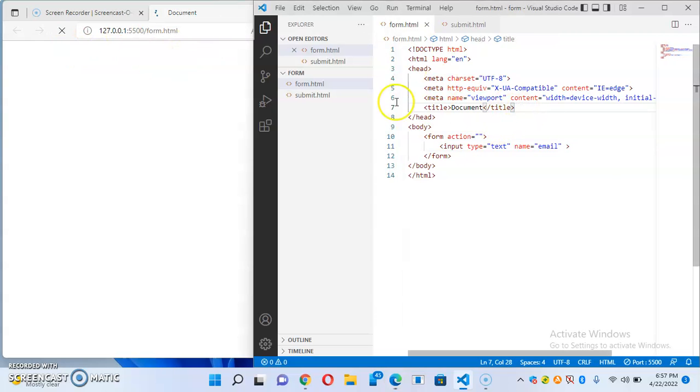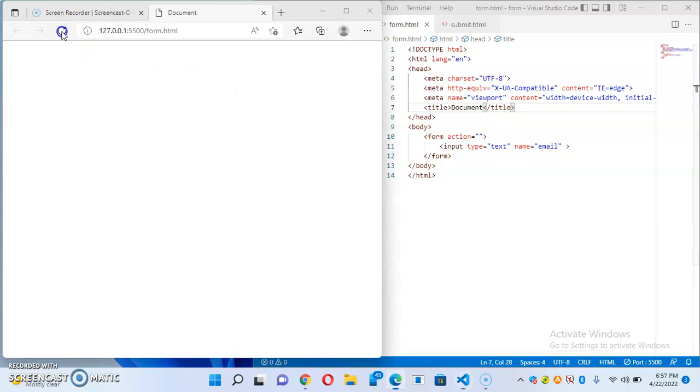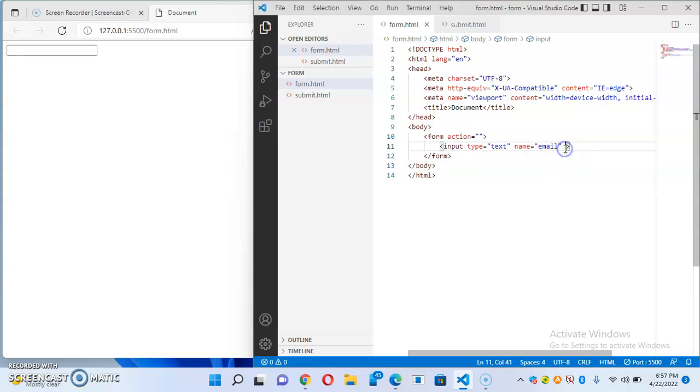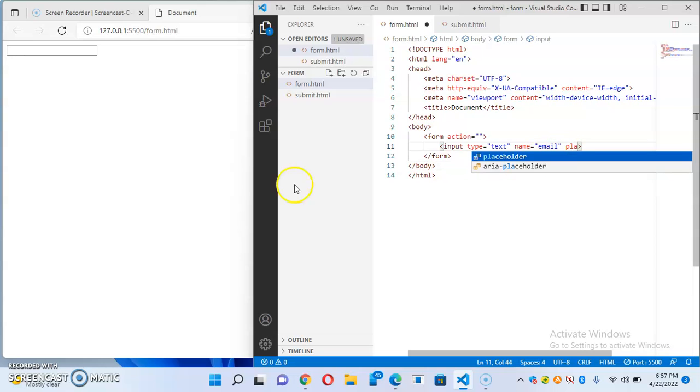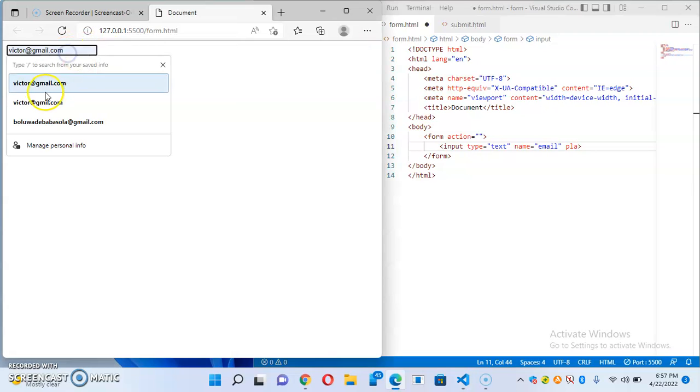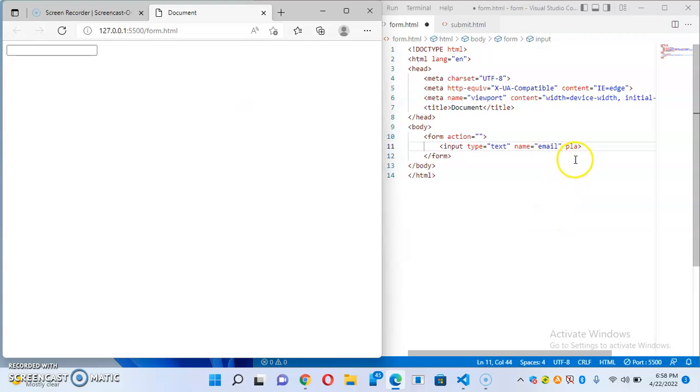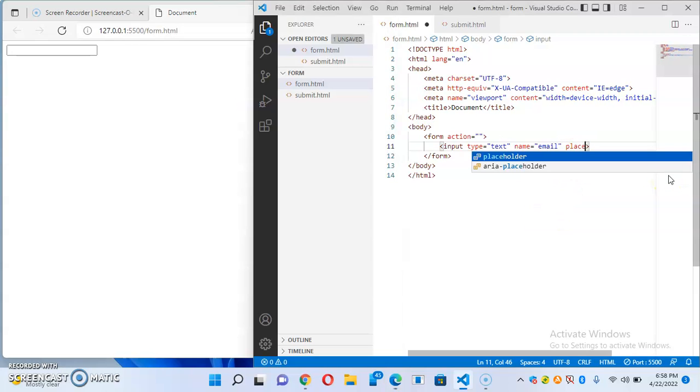As you can see, we save, and we typed an input tag. Okay, so then reload the page. Click back here, then you create a placeholder. As you reload the page, you can see that's a text space. Because you put in an email, it automatically goes to all the emails I've written in my Google account. And the placeholder is what tells the user what to write in there. Email